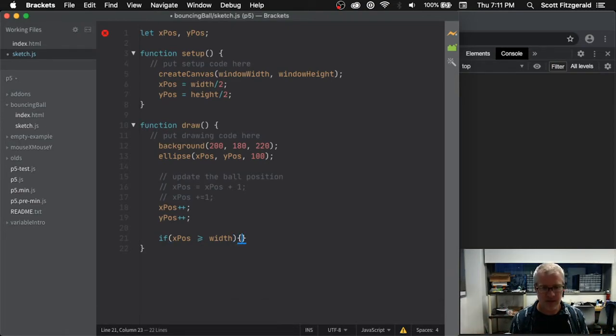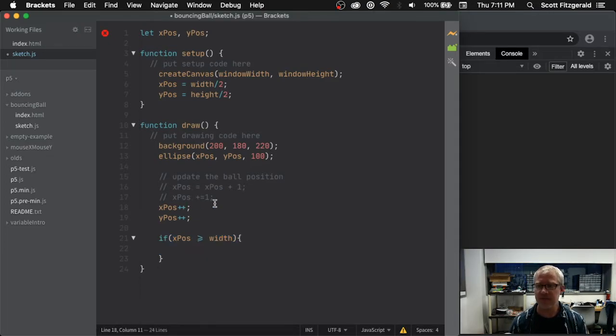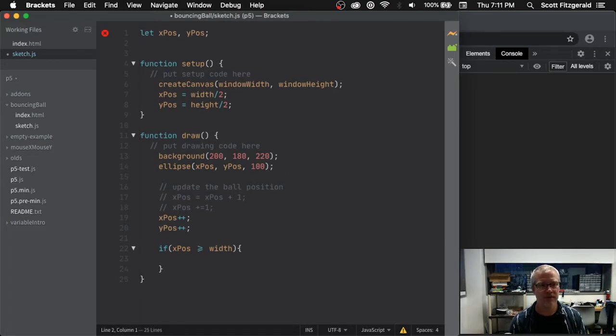And then we put what we want it to do inside of here, right? So if xpos is greater than width, we want it to move in the opposite direction, right? Now that becomes hard if all we're doing is adding something, right? So instead what we can do is create a new variable here, and we'll call this direction, right? So this will control the direction in which these variables are moving. So we'll say xdir, ydir,